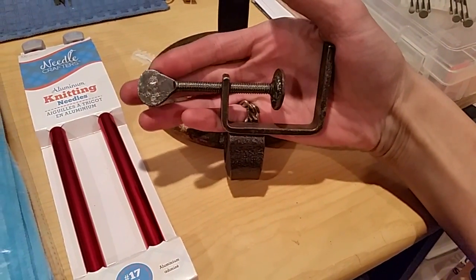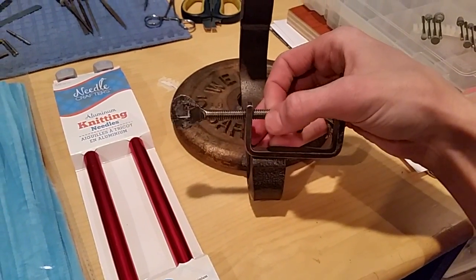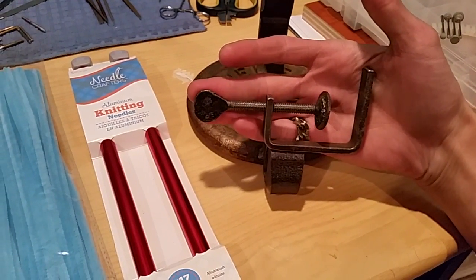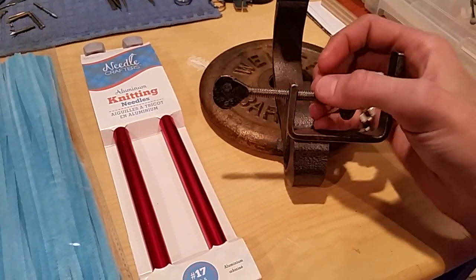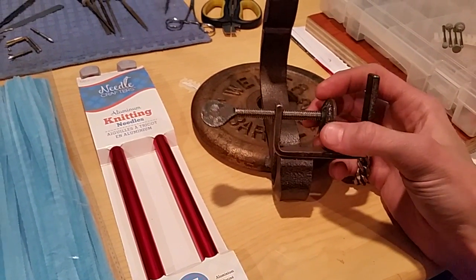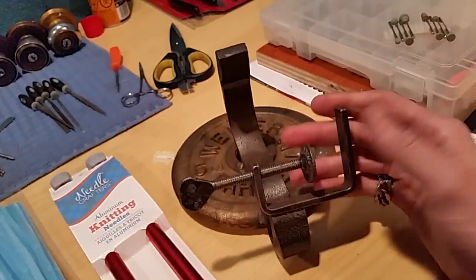Anywho, last but not least, in one of my videos, I think I showed you guys this clamp that I had right here. And I said I was going to try and make some sort of base for it to use as a vise for putting my locks in and picking, because my hand's getting pretty dang sore. I see a lot of you guys have really, really nice small mini vises for putting your locks in, and the only vise I got is a giant bench vise that's out in the garage, bolted to the bench. So, took this guy,